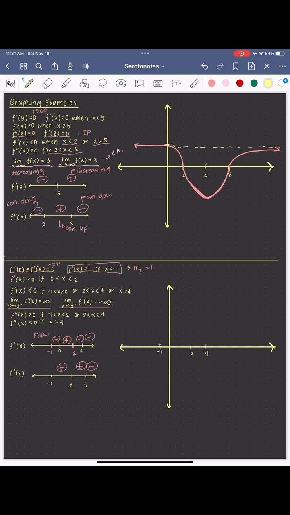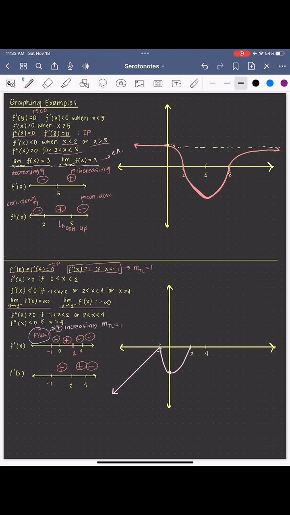And for our first interval, that is x is less than negative 1, we know that it is increasing because f prime of x is 1, which is positive. This means that the slope of the tangent line is 1, and it's just a linear function increasing from left to right. Our next interval is from negative 1 to 2, and we know that it has a local minimum